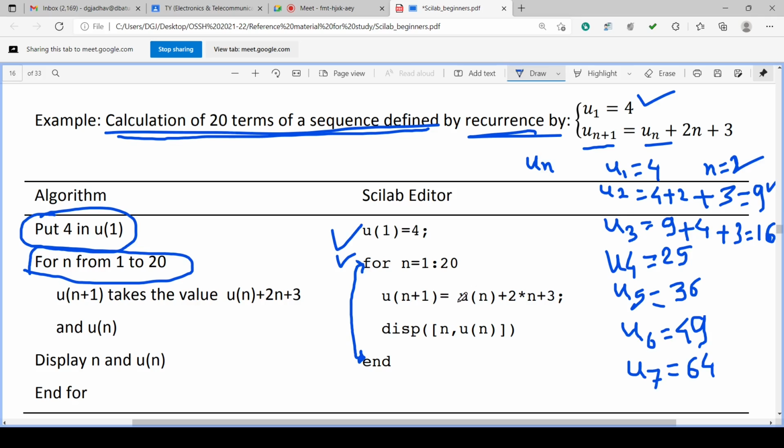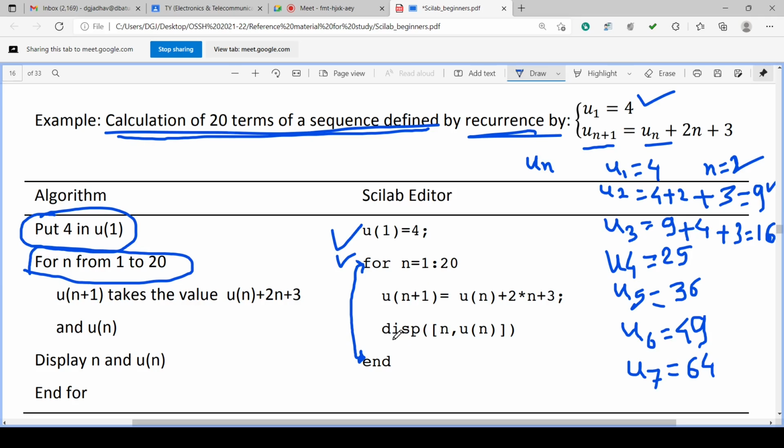What is assigned to u of 2? Here n is 1, so u of n, that is u of 1, is already defined as 4. So this is 4 plus 2 into n; n is 1, 2 into 1 is 2. So 4 plus 2 is 6, plus 3 is 9. So u of 1 plus 1, u of 2, will be 9.